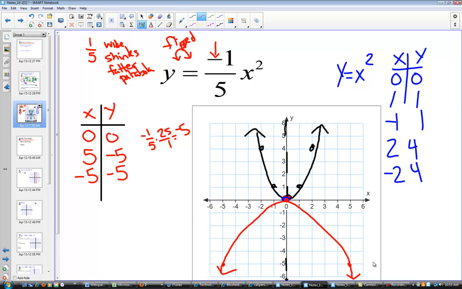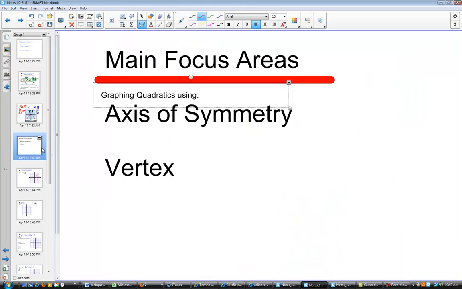All right, so that's kind of a review from yesterday. Now I want to give you a little bit more information on this special stuff called axis of symmetry and the vertex. Axis of symmetry, I gave you the formula and we practiced it. It's x equals negative b over 2a. This is an equation of a vertical line. So if we had, let's say, y equals 2x squared plus